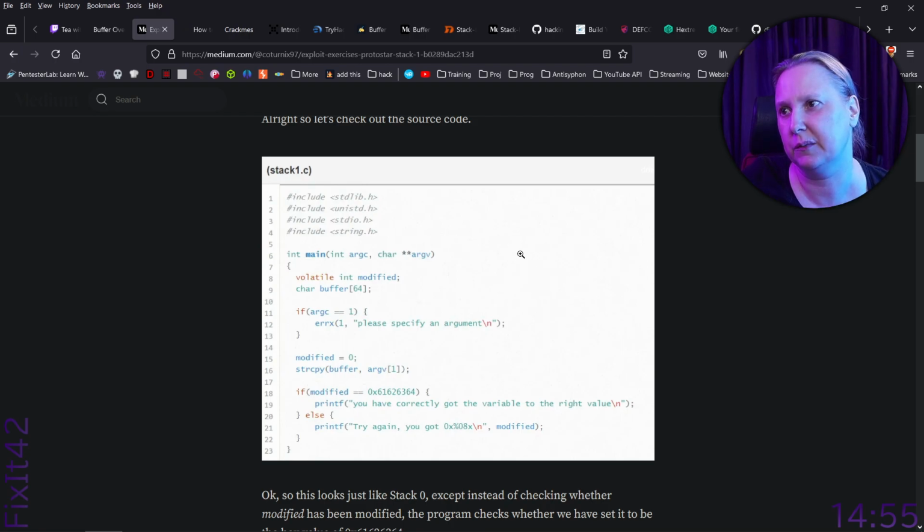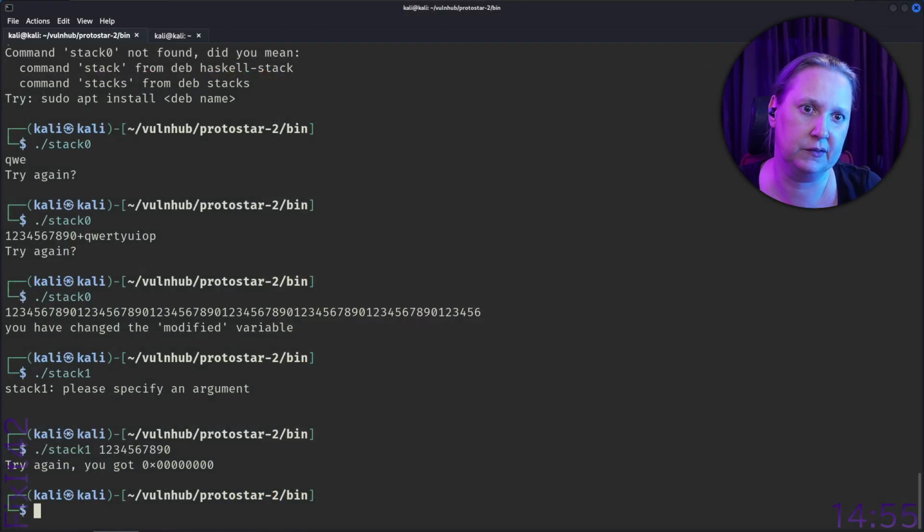That one was simple though. So volatile int modified, buffer 64, argc. It's the same. Modified 0. Here's 61, 62, 63, 64. Okay. And 64. So then we just do it again, and this time we do